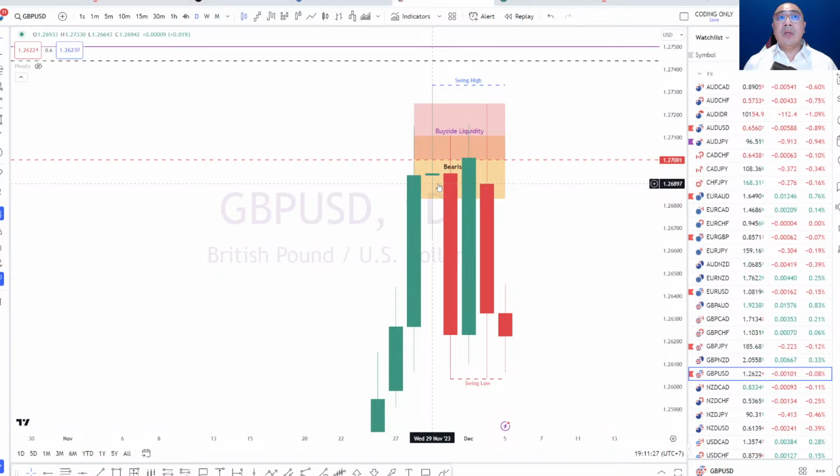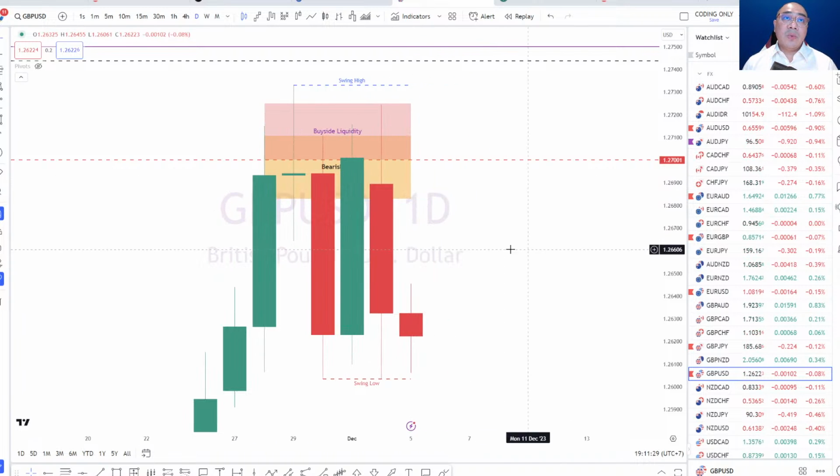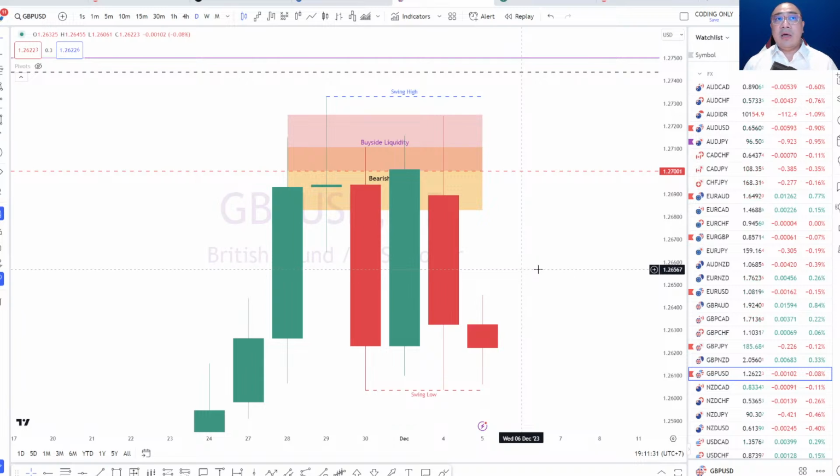All right, so what we're looking at, obviously we can identify this. We don't need to have the knowledge that there are institutional interests, smart money interests in terms of accumulating positions to sell on the pound USD. And this is also something that I mentioned on the outlook this week. The intent to sell at 1.27, it's so clear, it's so obvious, it's kind of crazy.